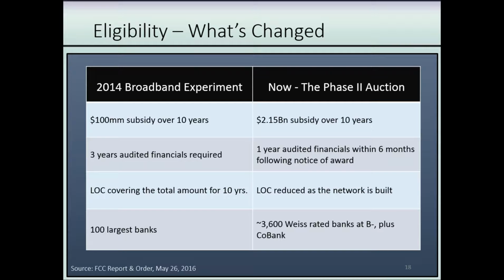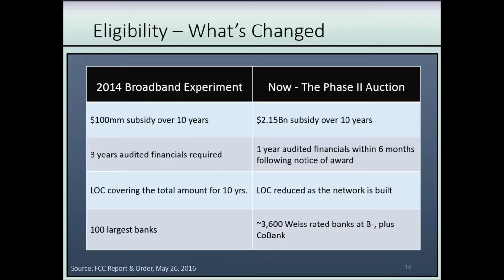The letter of credit needs to be covered, and it needs to be discussed here. What that is, is a mechanism for the FCC to protect the public interest in providing the money to you, that you have made commitments to serve certain levels of performance in your area of interest, and this letter of credit is money that can be pulled by the FCC should one fail to meet those requirements.